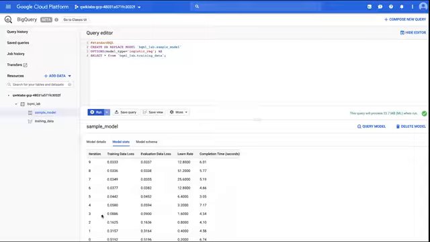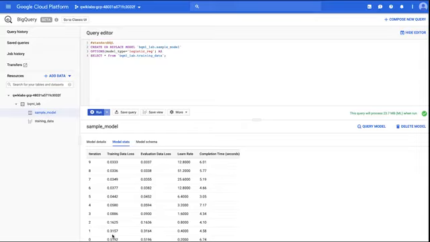I want to click on the second tab because this tells us a summary of the model training. The first column is iterations. When we train an ML model for classification, we're basically teaching the model by showing it the training set over and over again. In the background, we're optimizing the model to reduce the error. What you see here is 10 iterations of training. The things to watch are these 2 columns, the training loss and the evaluation data loss.